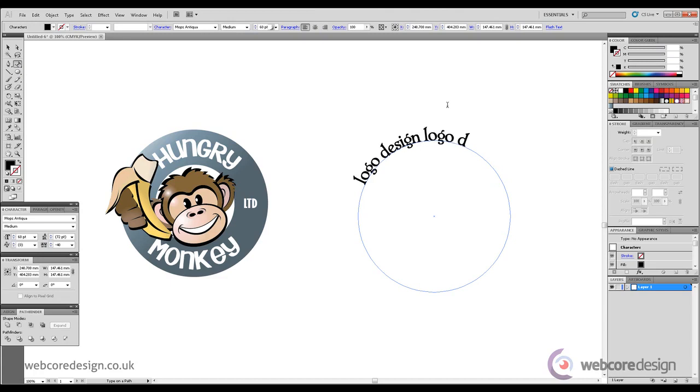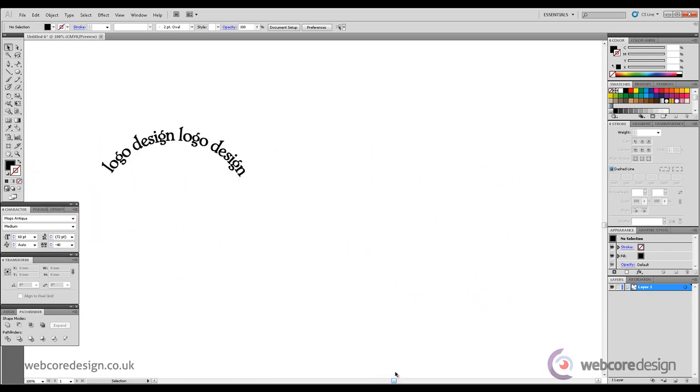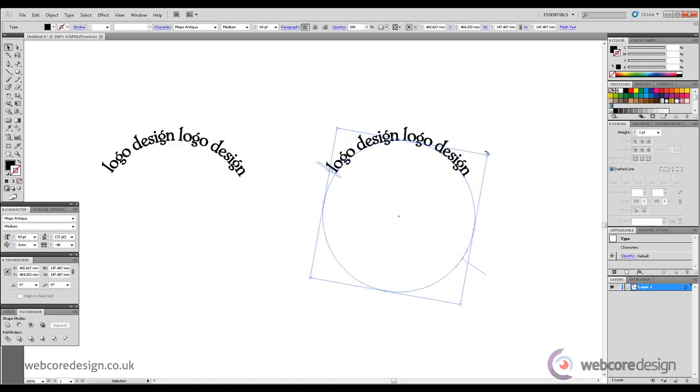And type in logo design twice just to give it a longer sentence. And we'll just align that roughly for the sake of the example, and we'll move across, because in the next instance we want to type at the bottom. However, if we do this, replicating that with Alt Shift left mouse click and a drag, and rotating by clicking just outside of it until we get the arrows,